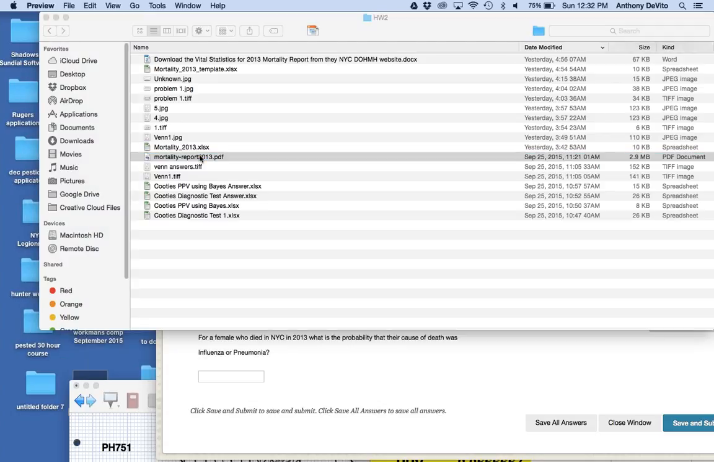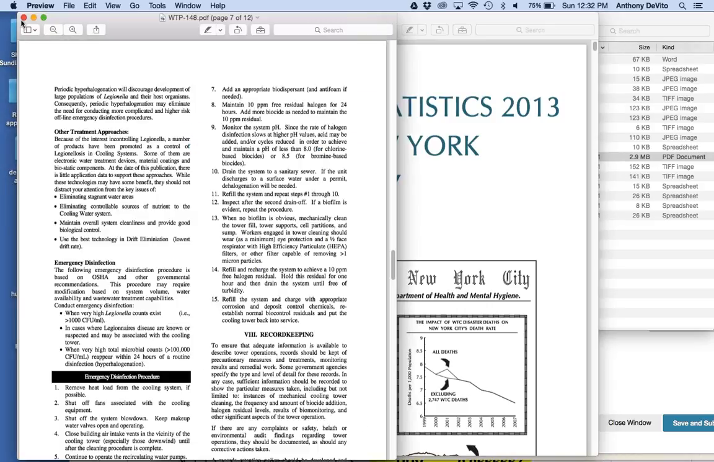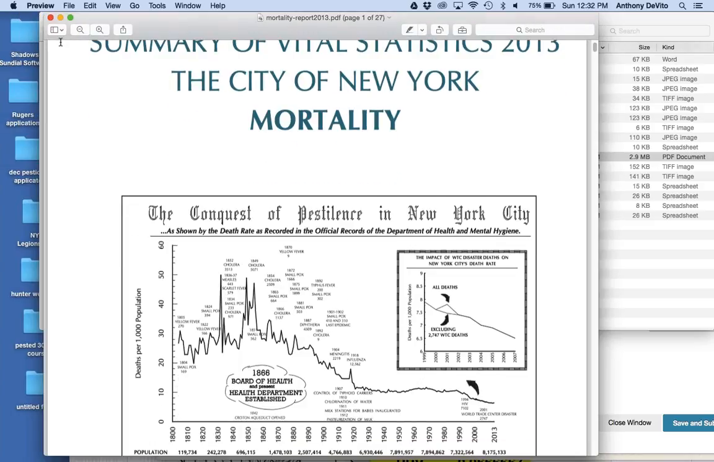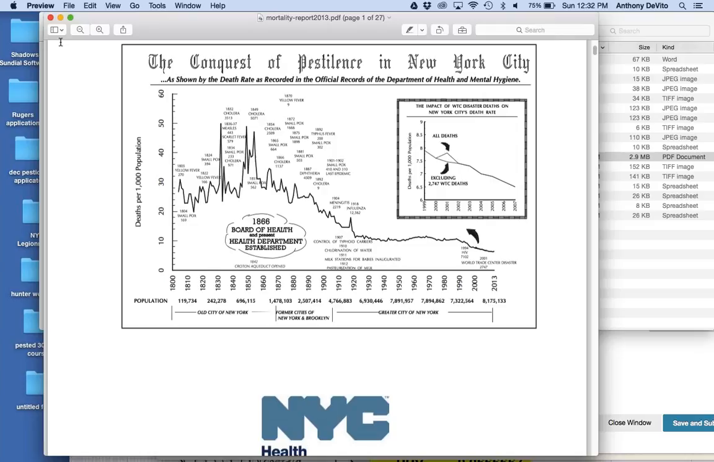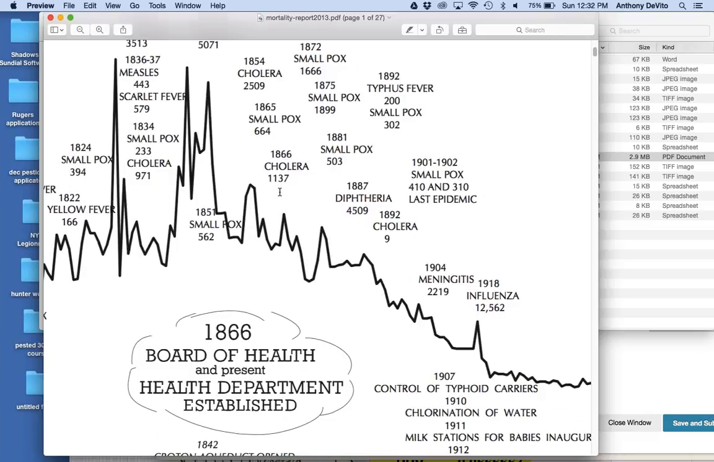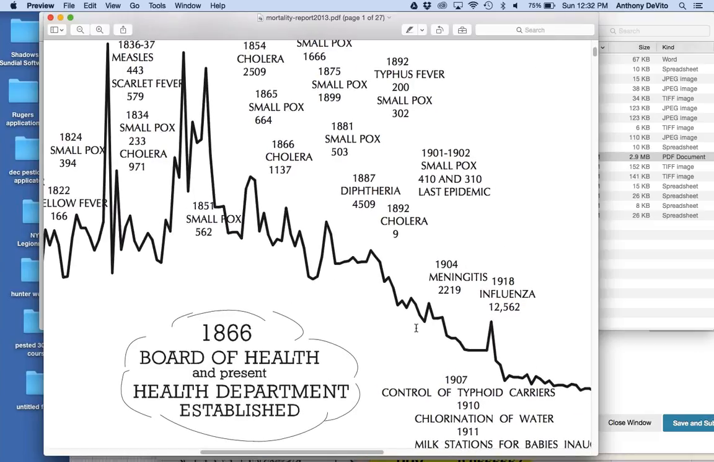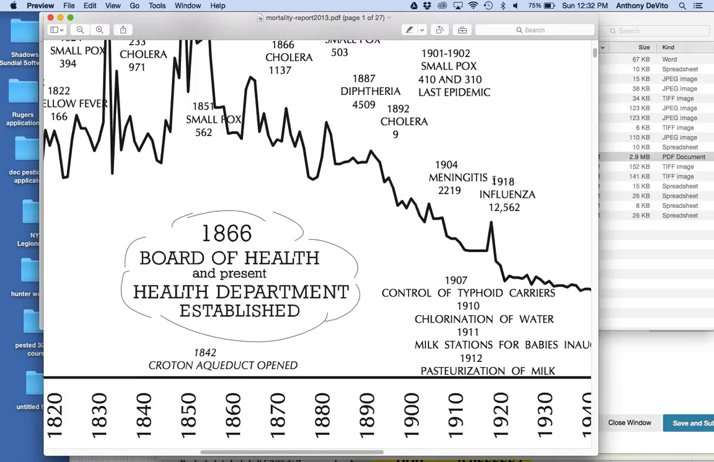Now, first of all, when you download it, this is what the report looks like. And they have a report like this for every year, going back many, many years. You can take a look at the chart. In the beginning, it's a chart of mortality in the city of New York. And you can see, if you look at this closely, it's very interesting. You can see when various outbreaks of diseases have taken place. Here is the 1918 influenza outbreak, and you can see a big spike in the number of deaths in New